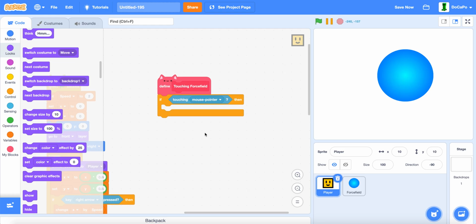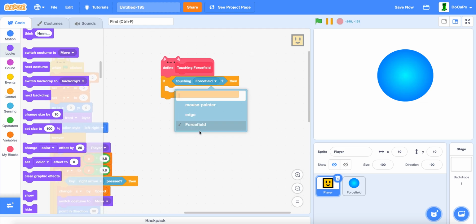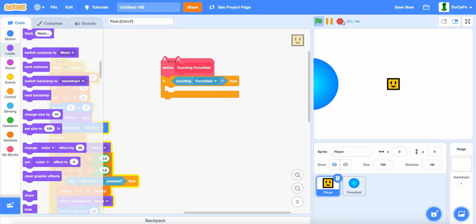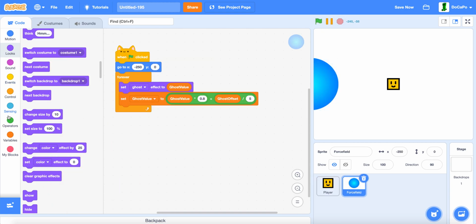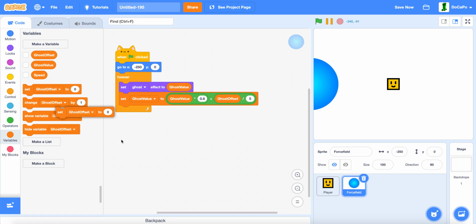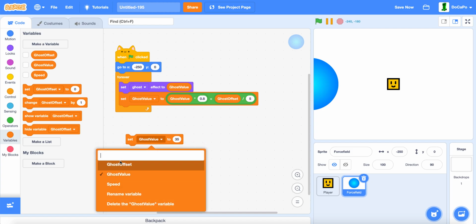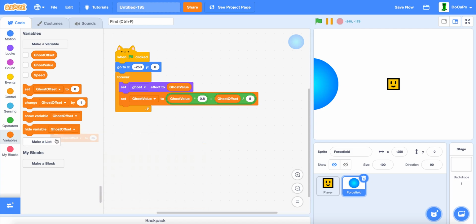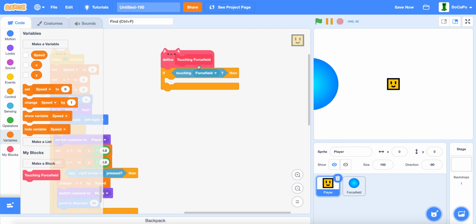Now, back to the player, if touching force field, and if you start it, make sure to set ghost value to 35. Actually, ghost offset. If you set it to that, if you start, it will smoothly go to that. Now, force field, then